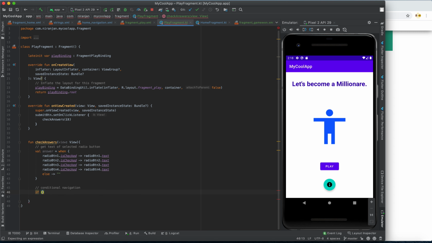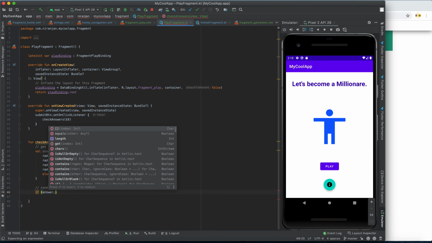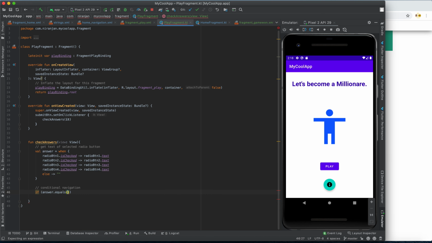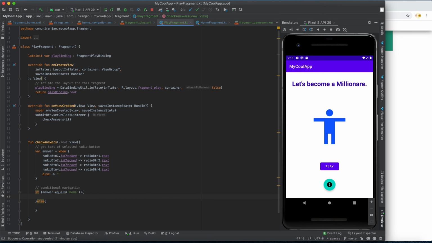Easily, we have to check the answer and say if the answer equals, okay, actually the answer is wrong, then you have to navigate to the proper fragment, otherwise you